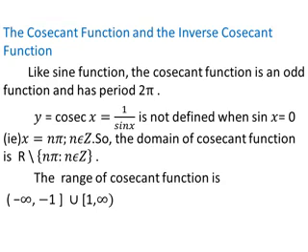Like the sine function, the cosecant function is an odd function and has period 2 pi. If y is equal to cosecant x, what does it mean? It is 1 by sine x. And this is not defined when sine x is equal to 0. Isn't it? Usually the denominator value will not be equal to 0. If it is equal to 0, it does not exist. So when sine x is equal to 0, we can say x is equal to n pi, where n is